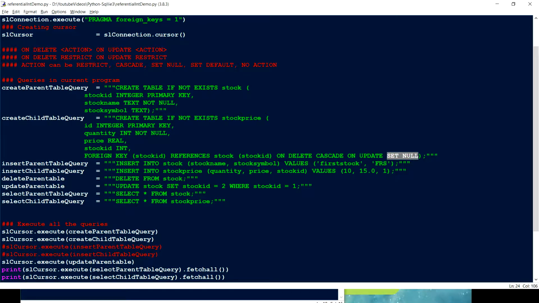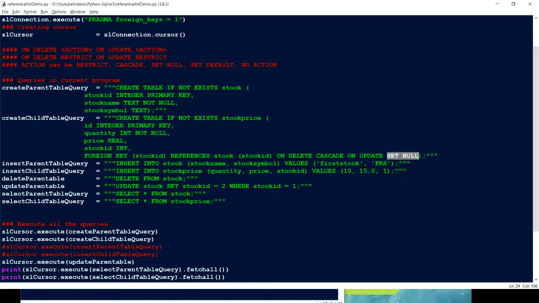So now you can combine the actions on delete and on update, and you can achieve whatever logic is expected out of your business use case. Maybe sometimes if you delete something from the parent table, you want to delete from the child table, sometimes you don't, right? So you can control that the way your application logic demands, right? Similarly for update, you can design the logic the way your business use case demands, right? But it's a very powerful concept to ensure data integrity and to reduce data redundancy,